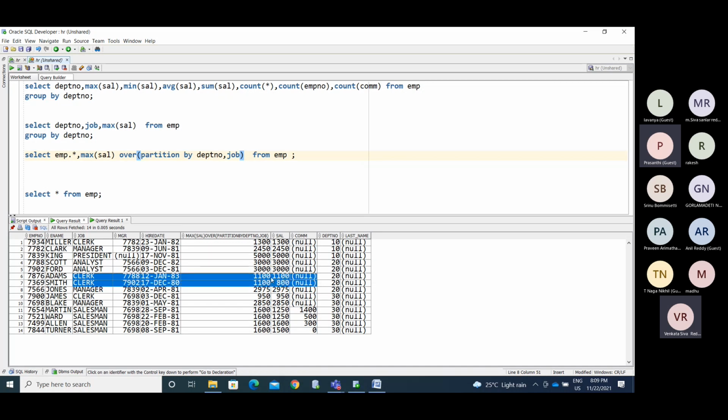We are getting 1100. Out of these two in the group, 1100 and 800, you are getting the maximum salary. Okay. Anyone having any doubt in this? It's very, very important.